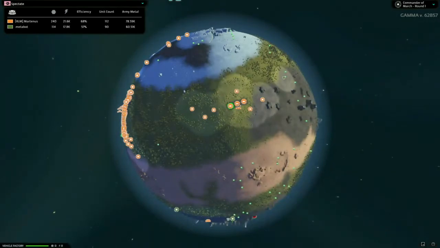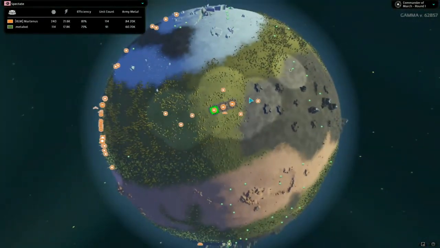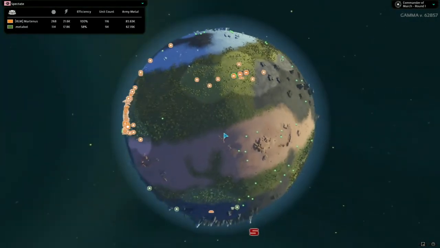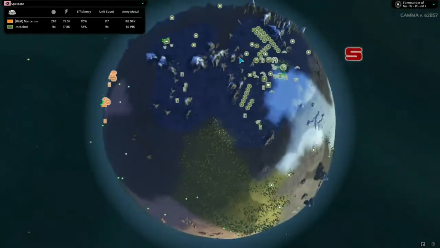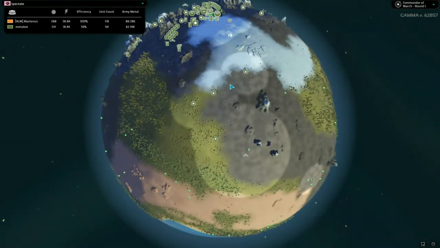Martinus is doing a good job of expanding back here. He actually does have a proxy base over in this area where he has seen that there's a lot of metal, and he wants to not just take it for income, but also build units to defend it. If we look at the expansion of Metabot, he's done a good job of getting some metal extractors out